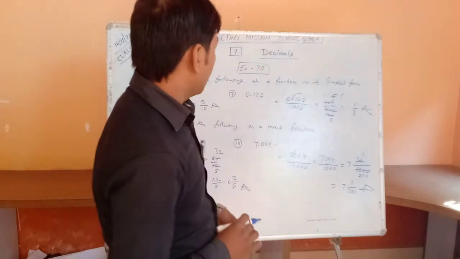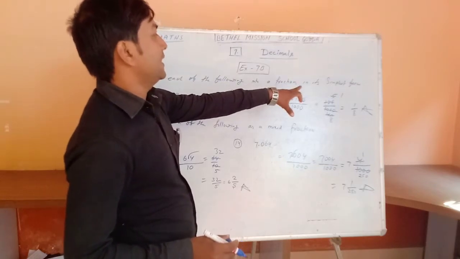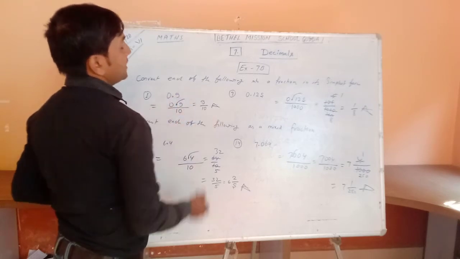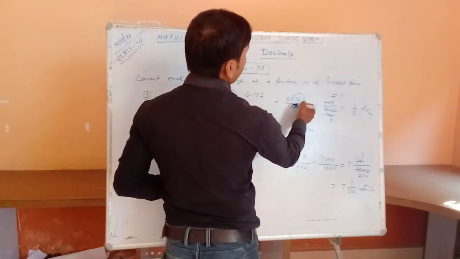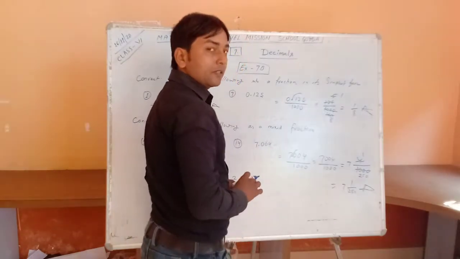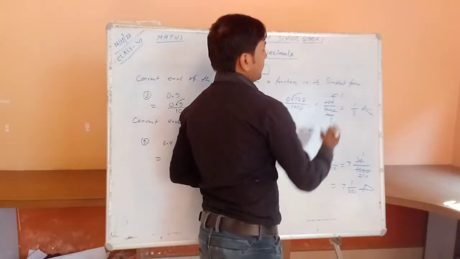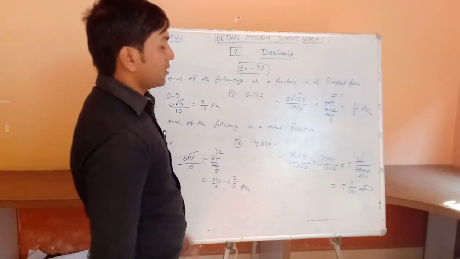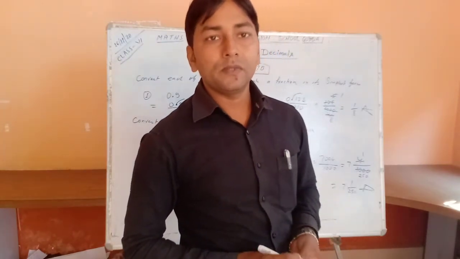Okay, you got it. Now again convert each of the following into a fraction in its simplest form. First we remove the decimal. After removing, we change into a fraction automatically. Now 125.125, remove the decimal. For removing, 1, 2, 3 places here, 3 decimal places. So we put 1000 as a denominator and at last we cut, we get the answer. Here also same process, we have to change into a mixed fraction only. Okay, I hope you got it. Now I solve the next question.